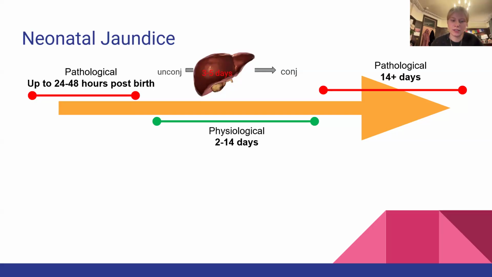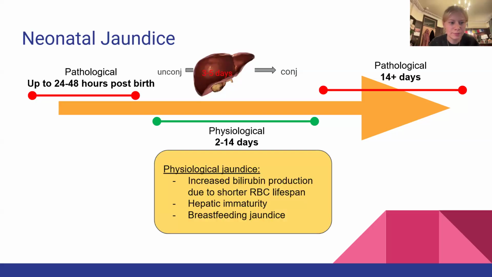Don't confuse yourself with neonatal hypoglycemia. And we're going to talk a little bit about that as well, because it has a similar timeline, except it's pathological and physiological at different points. So what I found helpful was drawing two timelines, one for jaundice and one for hypoglycemia, to kind of compartmentalize it in my head. So remember, physiological jaundice is normal from 2 to 14 days,